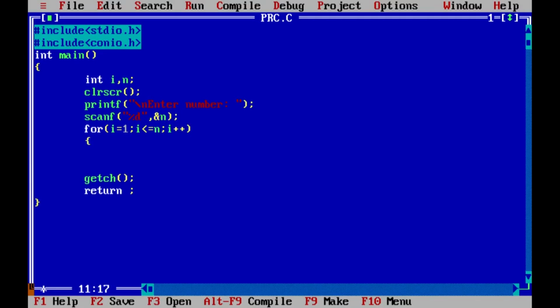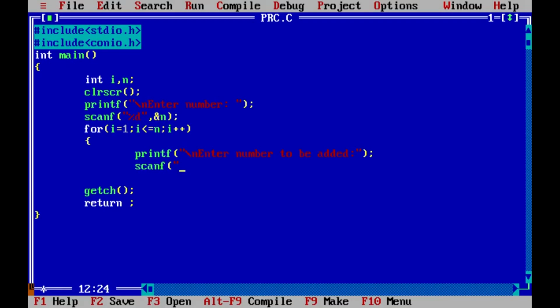Then we will give a command printf "enter number to be added". Then we will scan it.